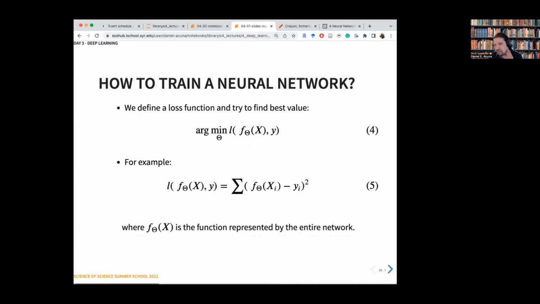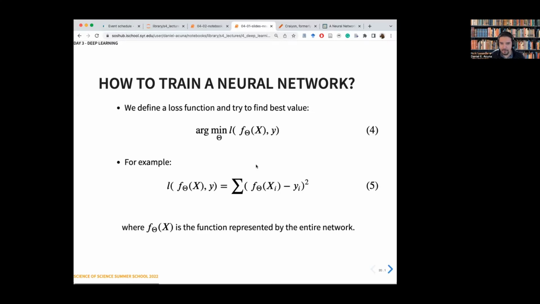Okay, so how do we train a neural network? This could be important, or it could not be important. It's important in the sense of understanding how neural networks are trained, what people mean by training neural networks, what they mean by epochs, and if you've heard of these terms, it's basically how long you train the neural network. So it's important to understand what's happening. But it's also not important because these days you have software packages in Python that do this for you, and you just need to decide on more high-level parameters for those optimizers. But I'm going to give you a gist of how this happens.